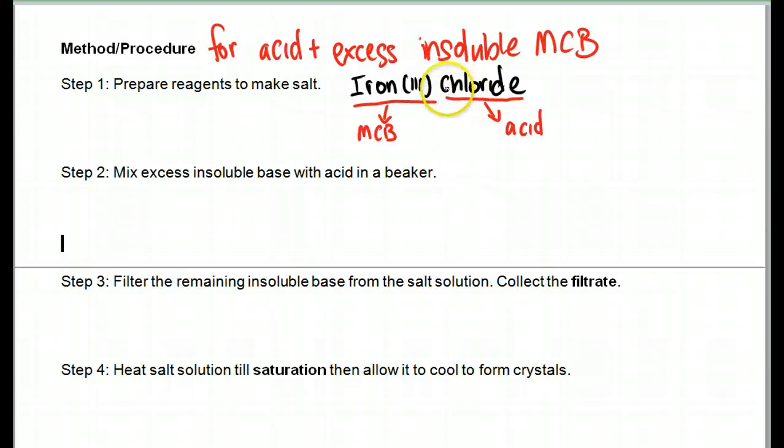I say again, the anion will form the acid, the cation will form the MCB. So what acid should we use? If it's a chloride, it will be hydrochloric acid,